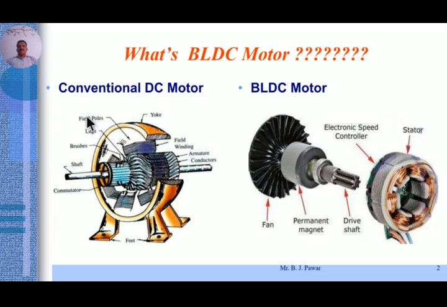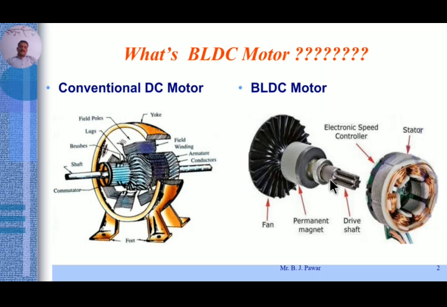To avoid that wear and tear, another kind of special purpose DC motor exists, and that is known as the brushless DC motor. Here you can easily identify what BL means: brushless, meaning there are no brushes. In the conventional motor the brushes are shown over here, but in the BLDC there is no need of brushes. How it will work, or how it will provide the motoring action, we have to discuss today in detail.